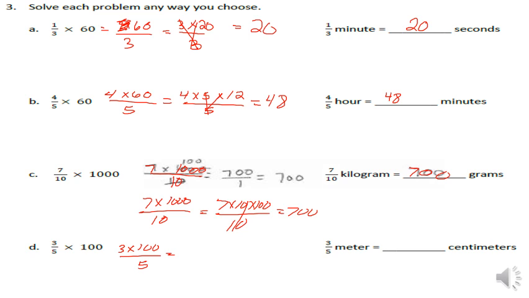Our last one, we're going to have 3 times 100 over 5. And we're looking for multiples of 5, so it's going to be 20. We got 3 times 20 times 5, which equals 100, over 5. Take out the 5s, and we got